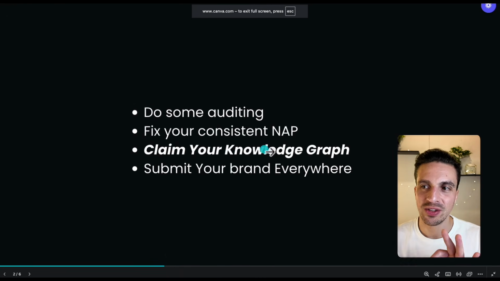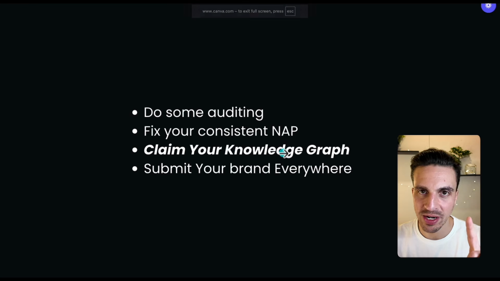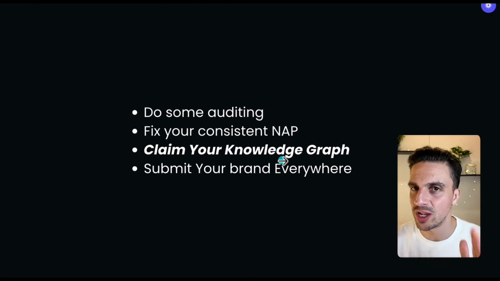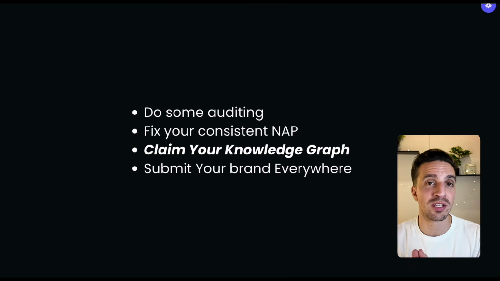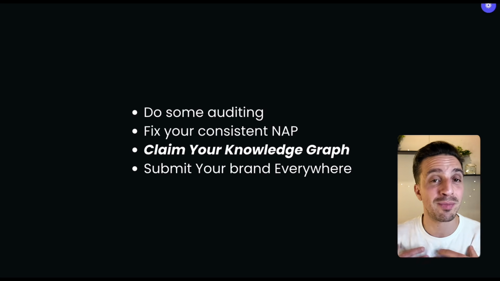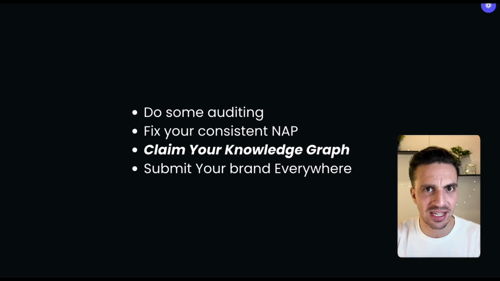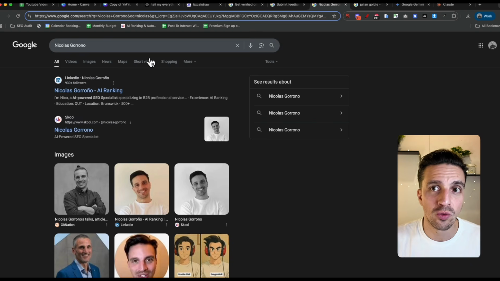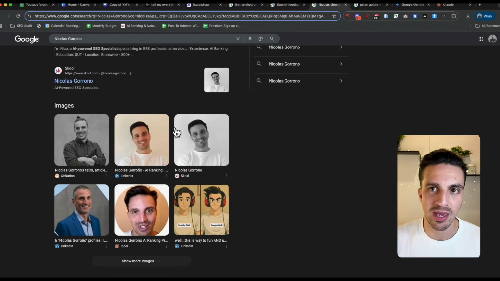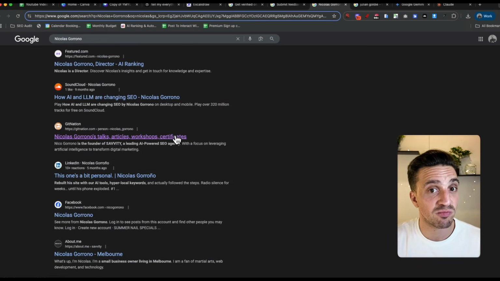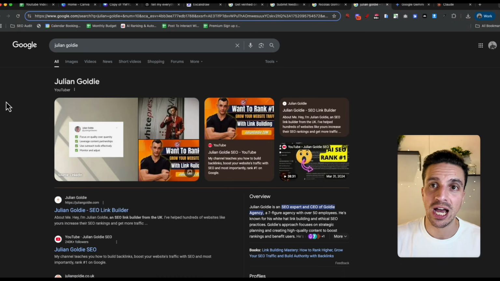Now, the next one is claiming your knowledge graph. Not everybody can do it, but if you can, it is extremely useful. I'm going to show you the differences between somebody who can't do that, like me, and somebody who can, who's just a much larger entity online, even about the same subject that I do. If I Google my name, all that comes up are photos of me, my LinkedIn account, and a couple of other links. Not too bad. But let's see the difference when I Google someone like Julian Goldie, another Australian, another guy in AI SEO, but he's a much bigger brand name, and power to him. He's been doing this for a long time, and he's really good at what he does.